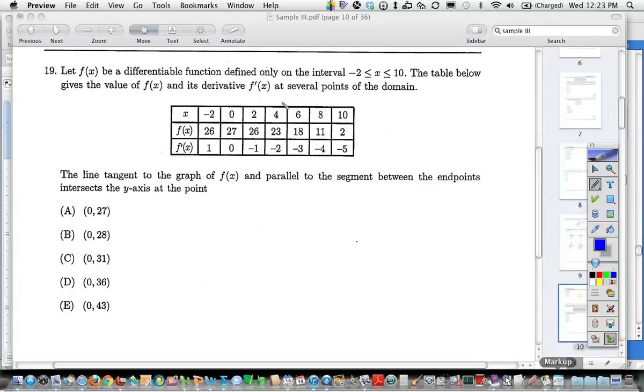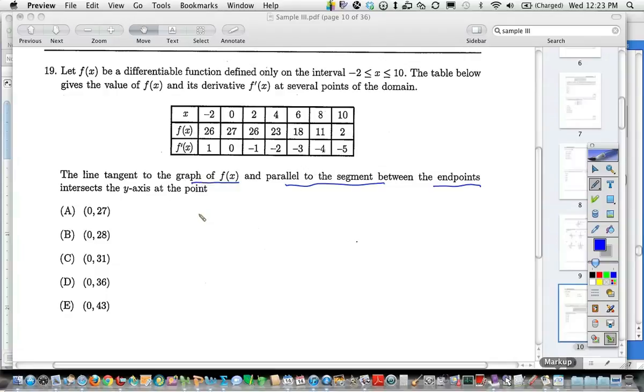We've got a table. It's got F and F prime in it, and we've been doing quite a bit of work with tables here lately, so that's kind of a good thing. We got F, F prime. It says the line tangent to the graph of F and parallel to the segment between the endpoints intersects the y-axis at a point. A lot of words in there, but the ones that stand out to me are tangent line. Write the equation of the tangent line,